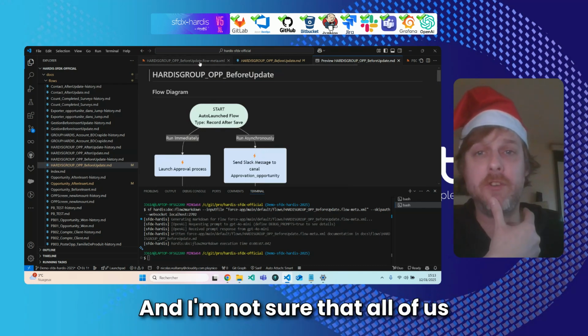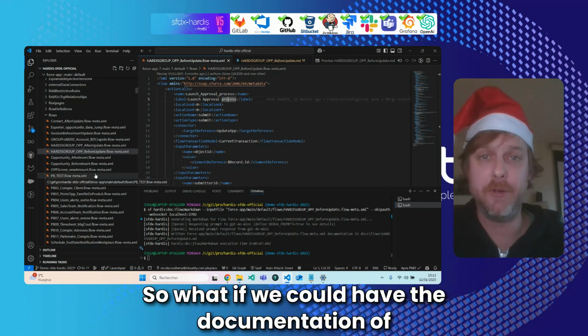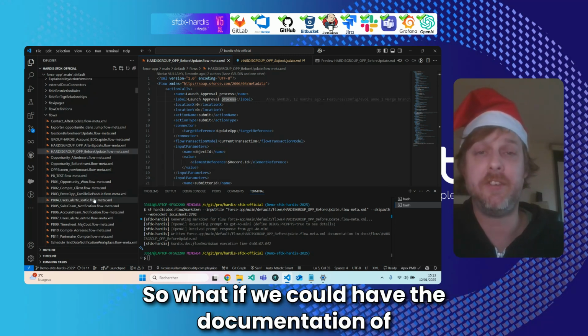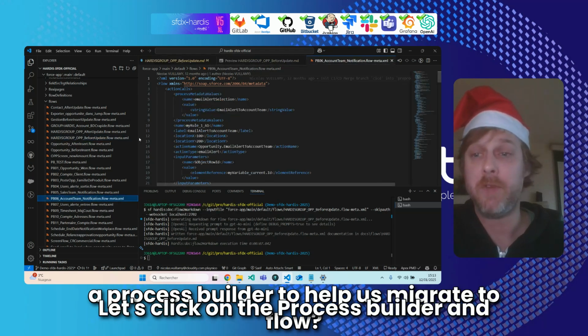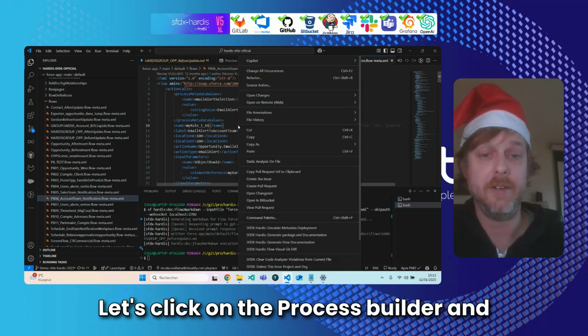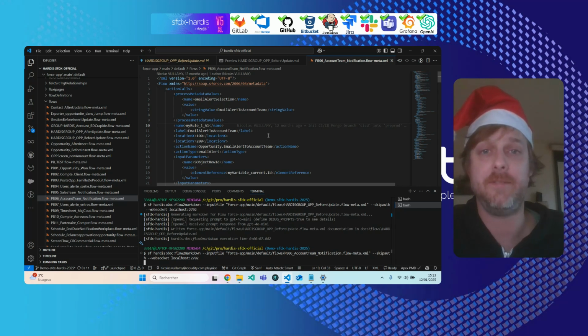And I'm not sure that all of us have migrated from Process Builder to Flow. So what if we could have the documentation of a Process Builder to help us migrate to Flow? Let's click on the Process Builder, and again, click on Generate Flow Documentation.